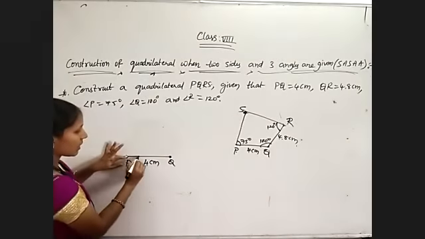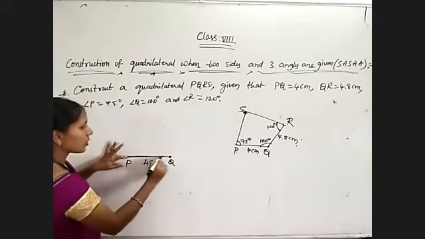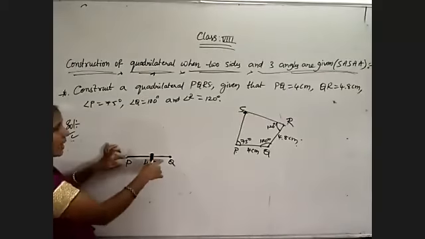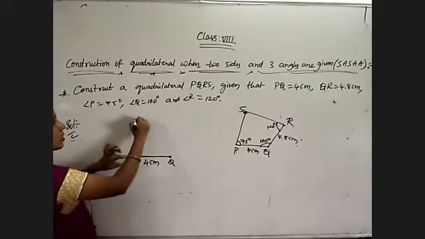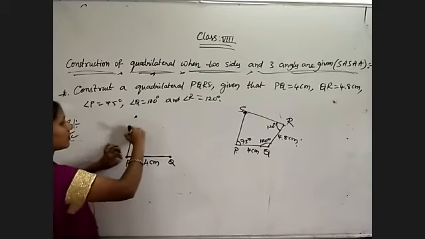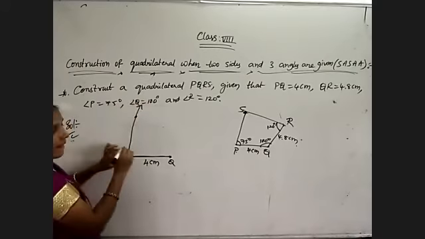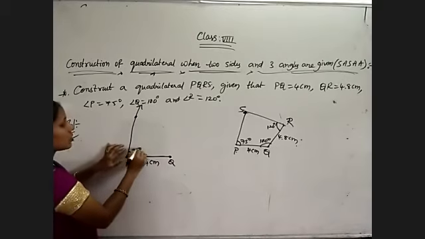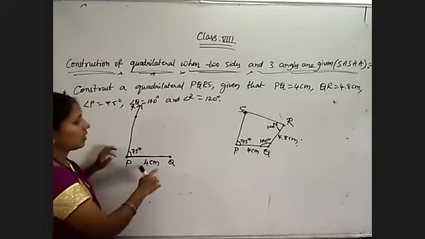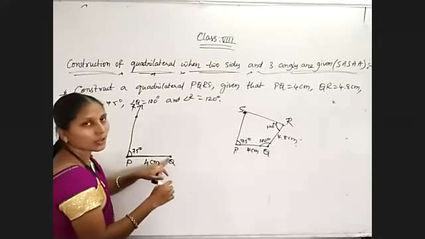At P, the line segment is extending to the right side, which means we have to take the inner values. Inner values by how much? 75 degrees. So it is compulsorily nearer to 90 degrees. Somewhere like this we'll get 75 degrees. So let it be ray PX. Okay. Now place the protractor at Q.